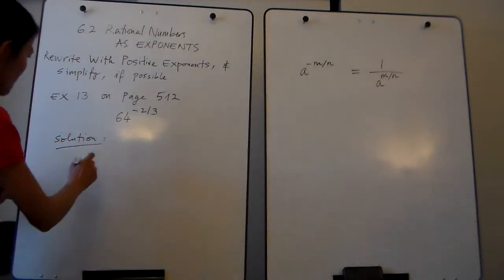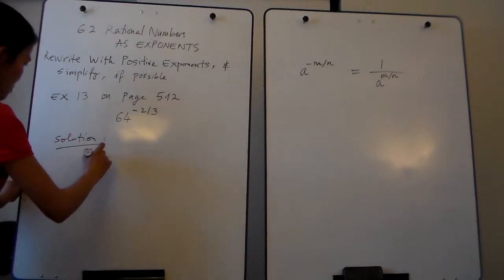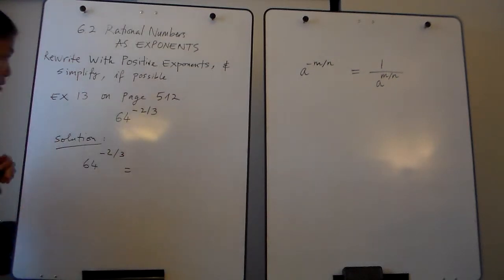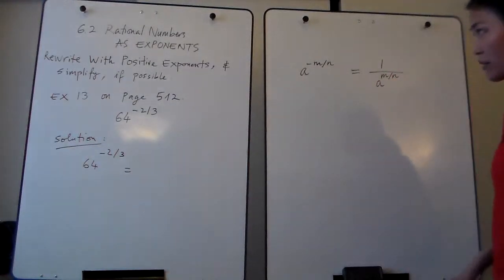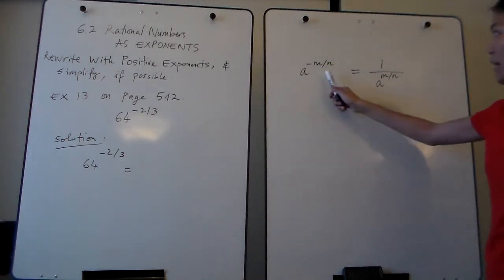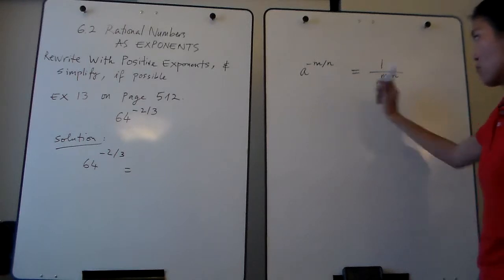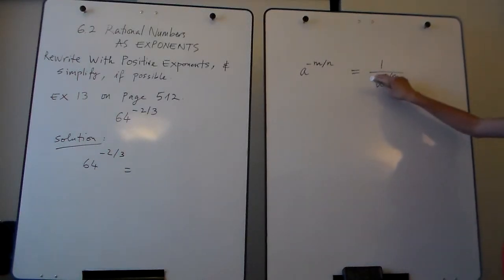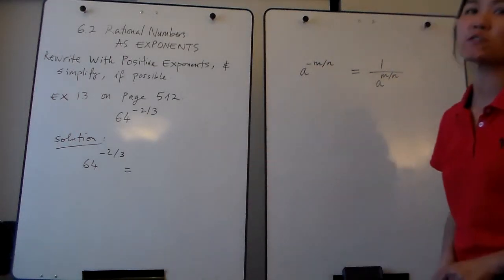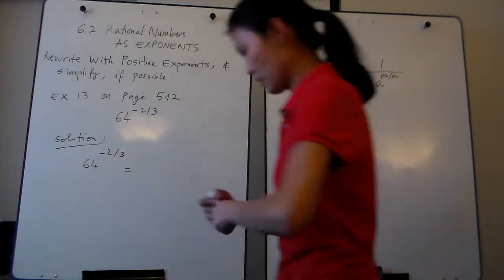Alright, solution, 64 raised to negative 2 divided by 3. Now, to solve this example 13, we'll use this formula that says, if you have a negative exponent right here, you can rewrite this with a positive exponent by rewriting as 1 divided by a raised to the positive exponent n. Okay? So rewriting this with positive exponent using this formula, we get